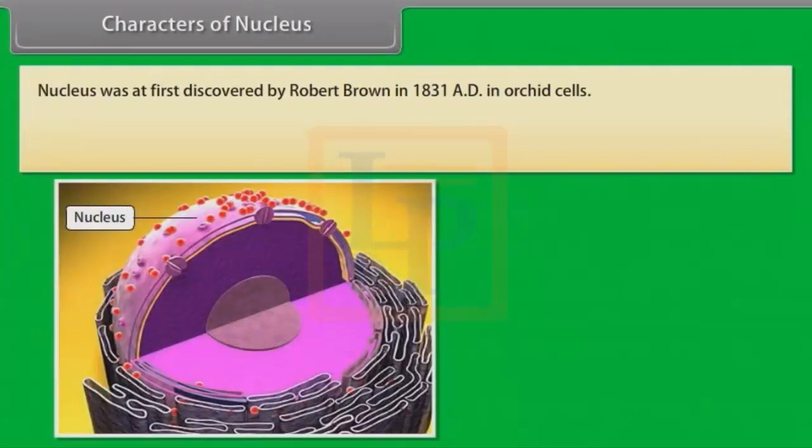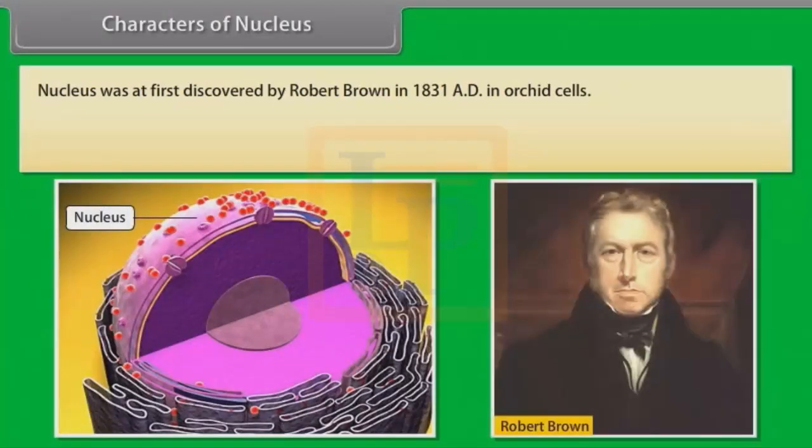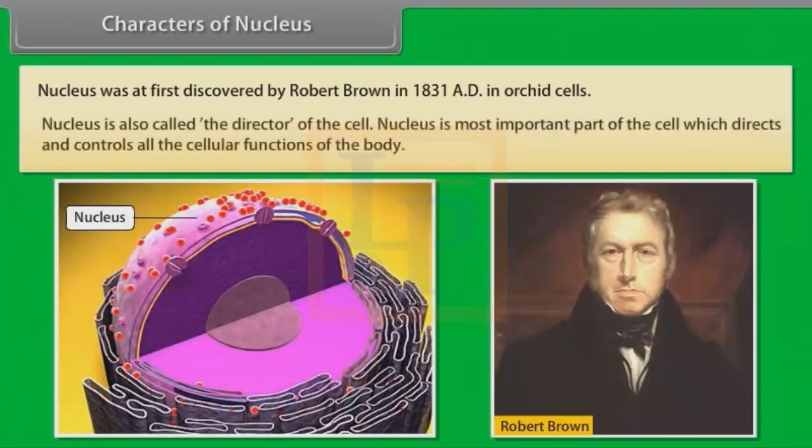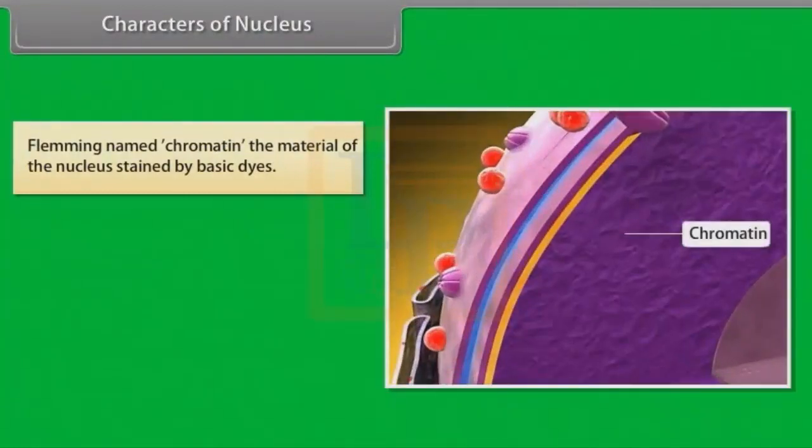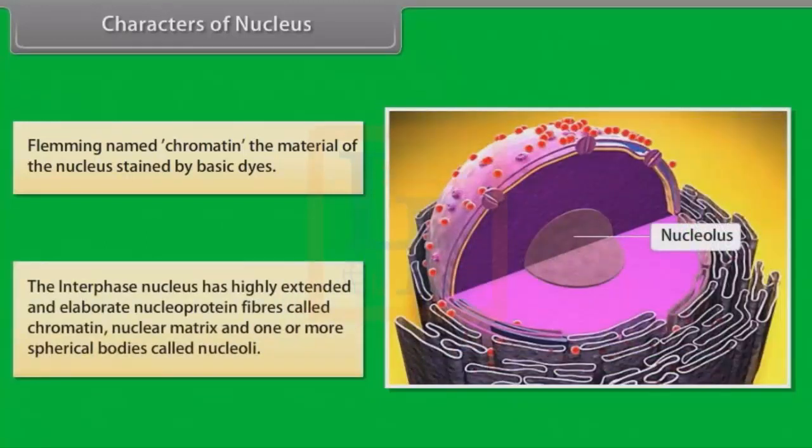Characters of nucleus. Nucleus was at first discovered by Robert Brown in 1831 AD in orchid cells. Nucleus is also called the director of the cell. Nucleus is the most important part of the cell, which directs and controls all the cellular functions of the body. Fleming named chromatin the material of the nucleus stained by basic dyes. The interphase nucleus has highly extended and elaborate nucleoprotein fiber called chromatin, nuclear matrix and one or more spherical bodies